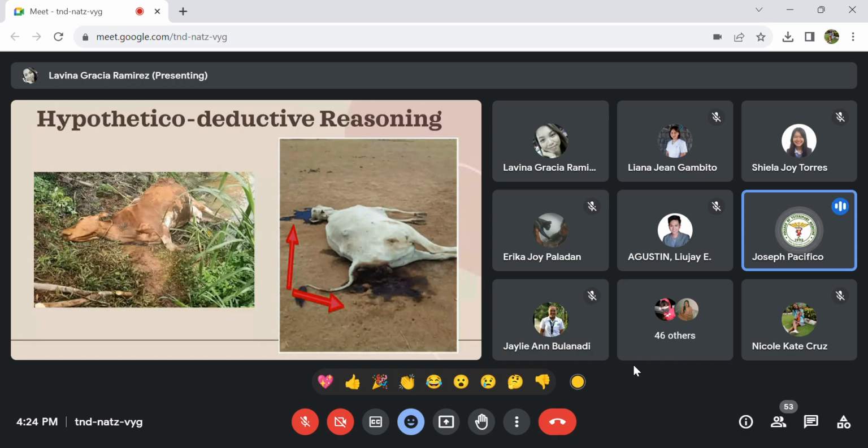Kasi based talaga dun sa end. Ano ba yun, Doc? Violet ba yan? Hindi ko kasi masyado makita eh. It's more of like the exudates or the excretions na nakita mo dyan? Yung excretion, Doc, at saka yung exudate. Parang blue kasi sa akin eh. Blue masyado ba? Hindi ko masyado makita. It's more of like an old blood. Okay, it's actually a blood. It's a dark blood. Oozing blood.